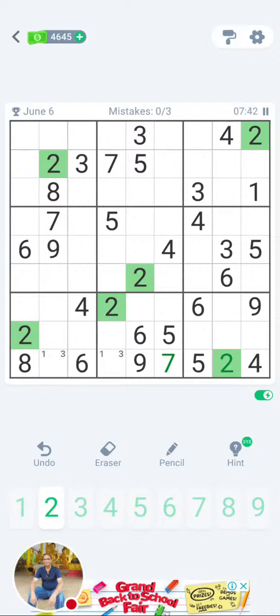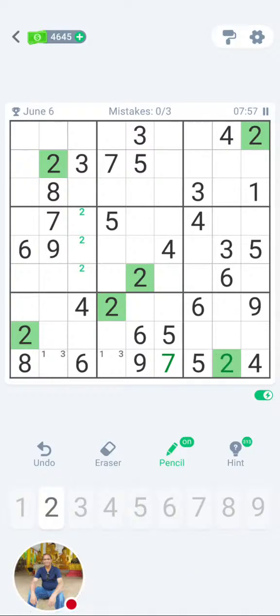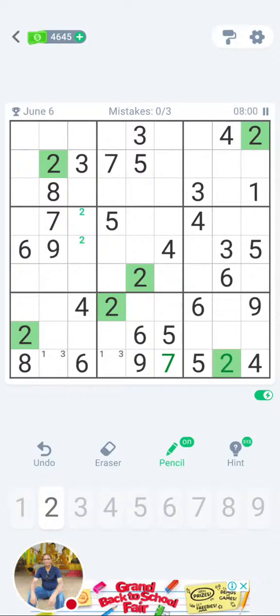Look at the one on the left. 2 is in the first row, 2 is in the second row, top row. That means I have to get a 2 in the middle row, and there is no number there because there is a 2 right down here. So 2 and 2 only I can fill in there. And then in the middle vertical column, there is already a 2 in the bottom row and the middle row. I cannot fill in the first row, I cannot fill in the second row, so I have to fill in only the third row.